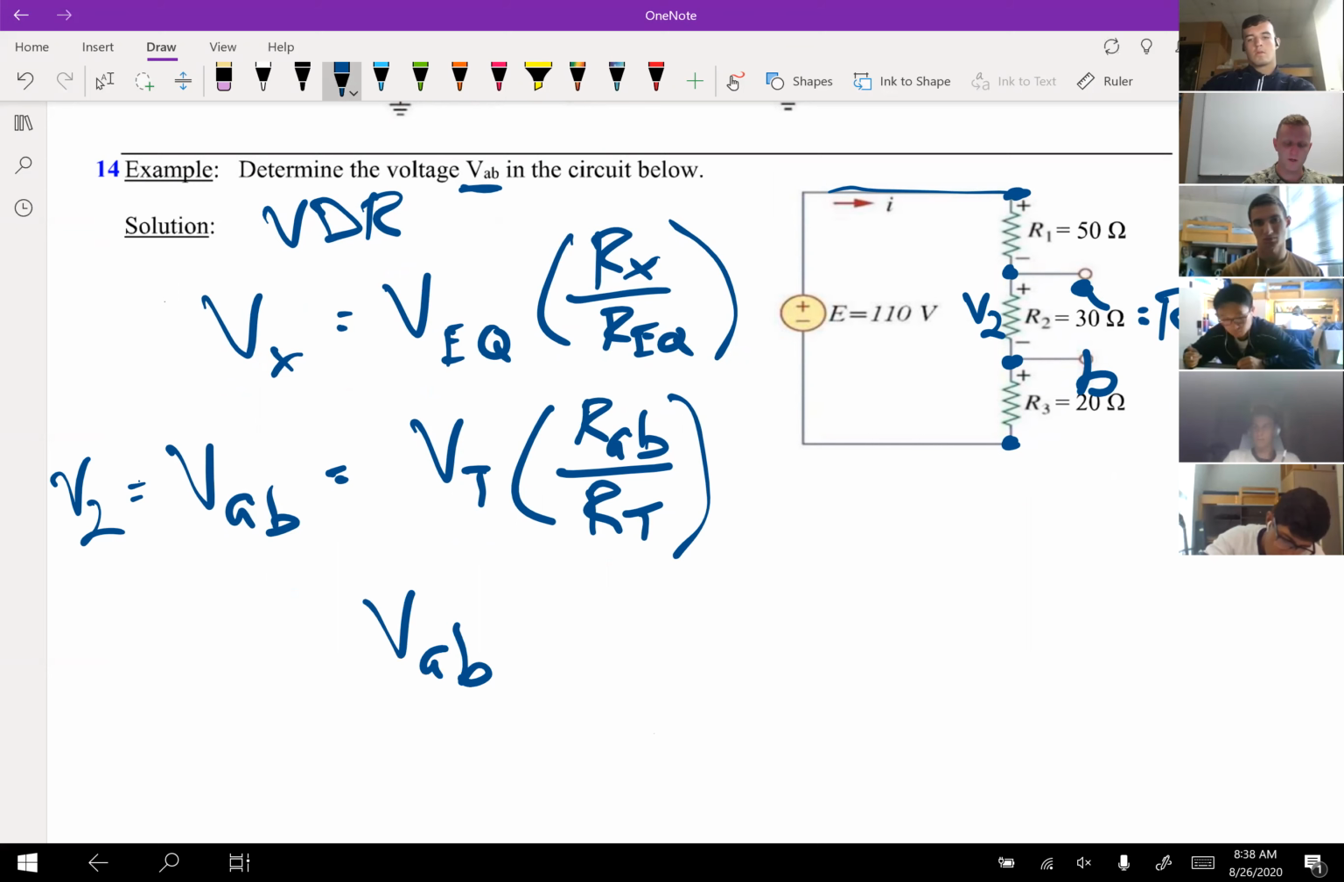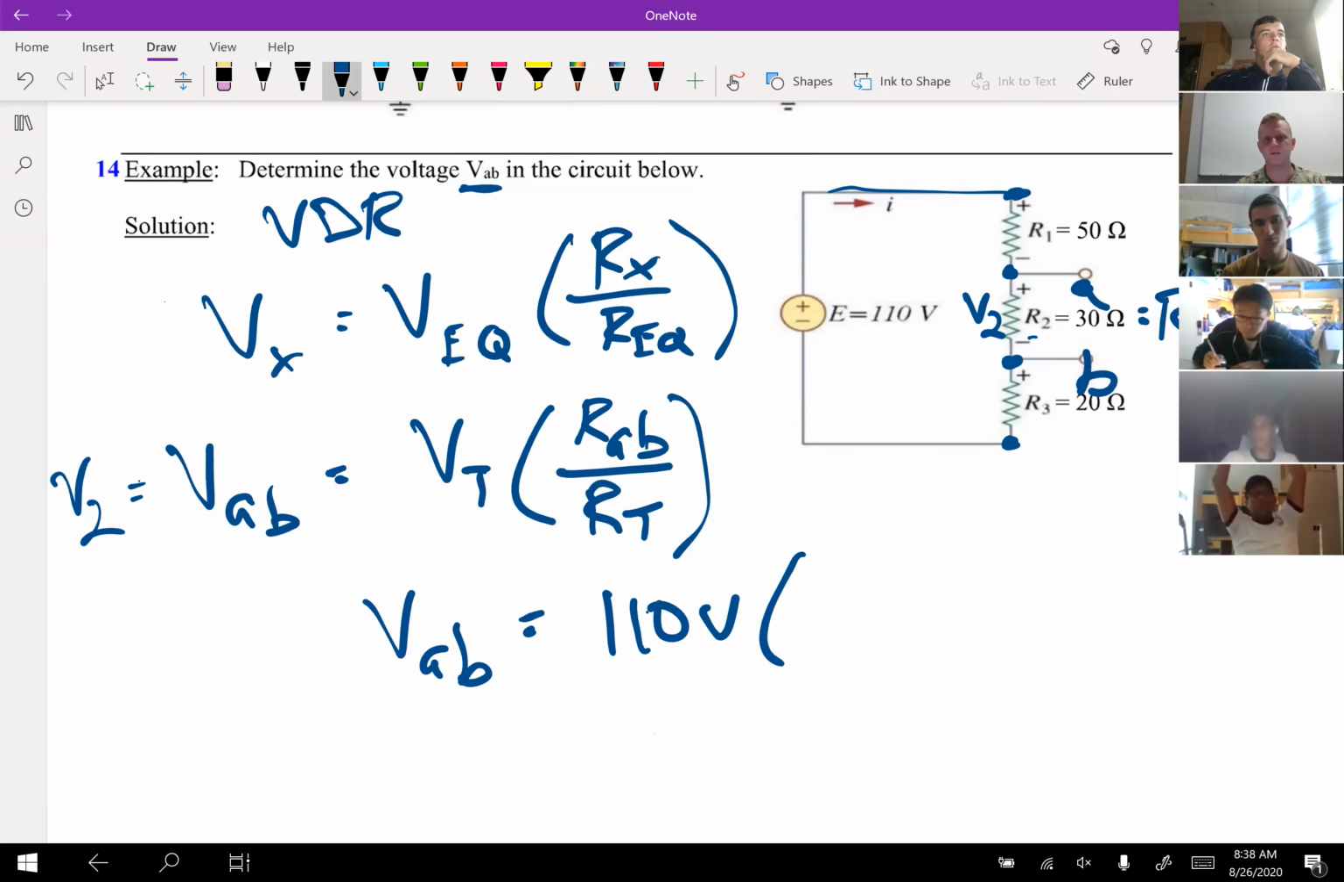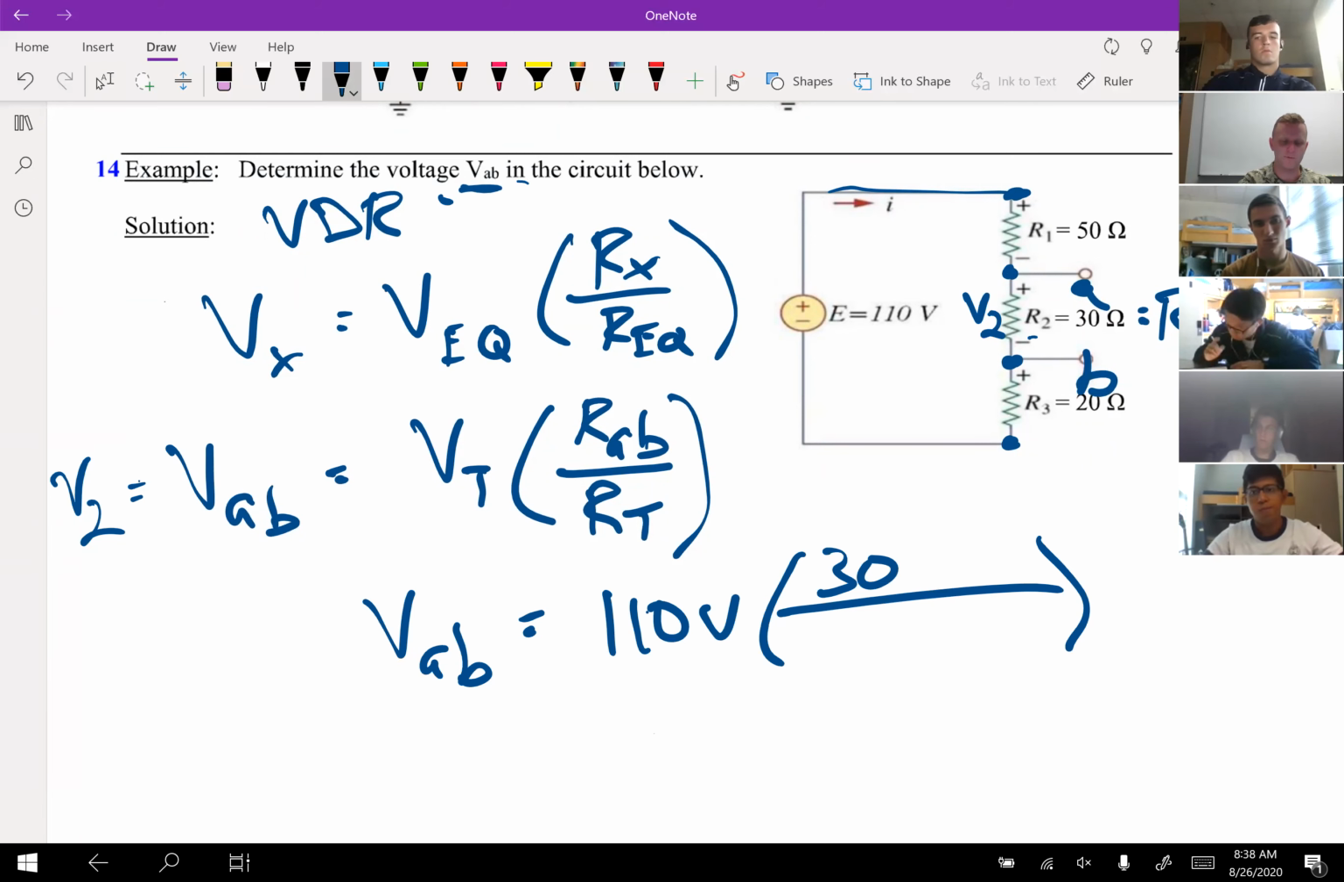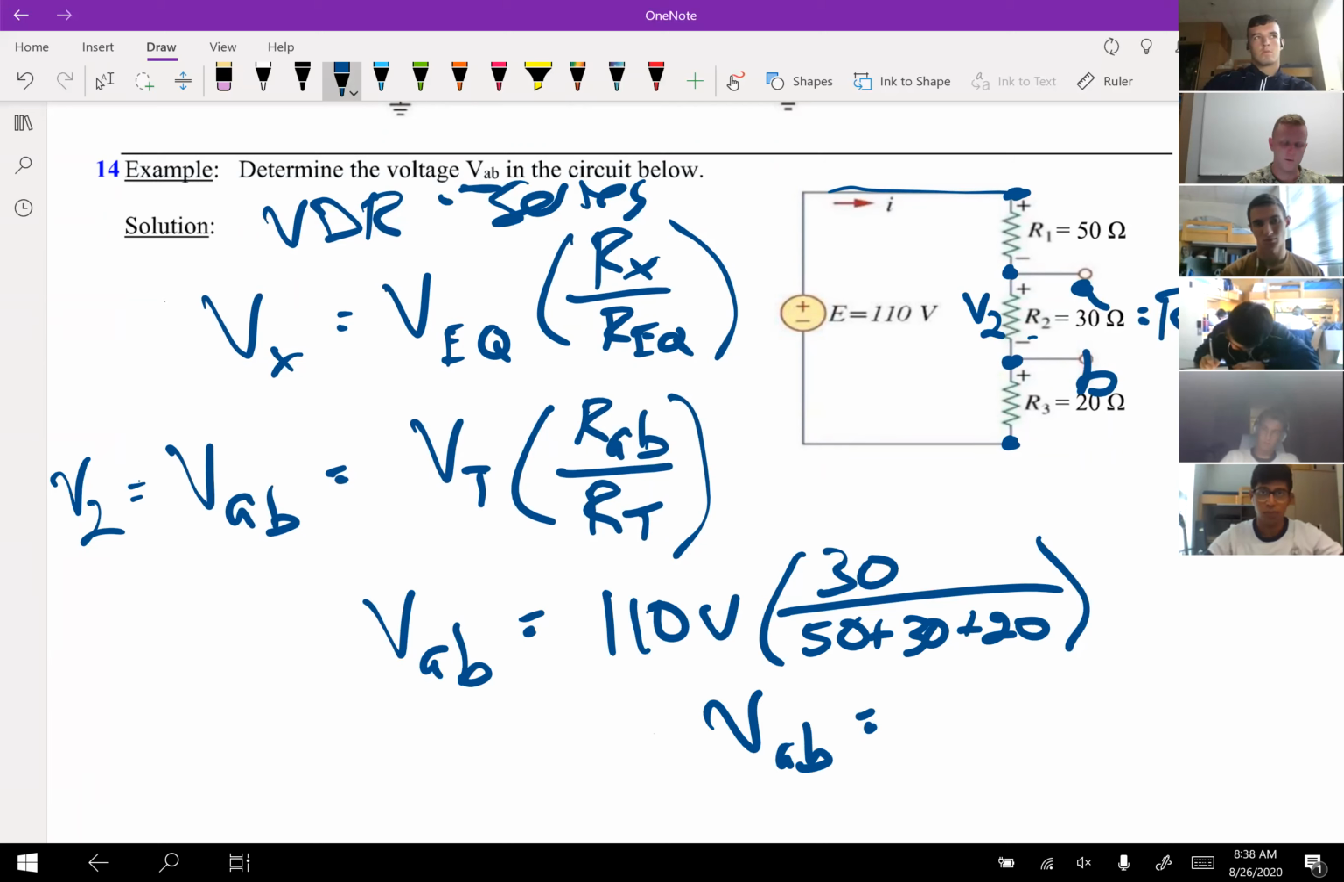So VAB here, the V total, is 110 volts. RAB, which I also said is Rx, is also R2. You choose whatever makes sense to you, then just use that one and be consistent with it, whether you're picking from one node to another or R2. Then I have 30. Then I need the series elements. Remember I said VDR is for series elements. The three that are in series are 50 plus 30 plus 20. And VAB comes out to